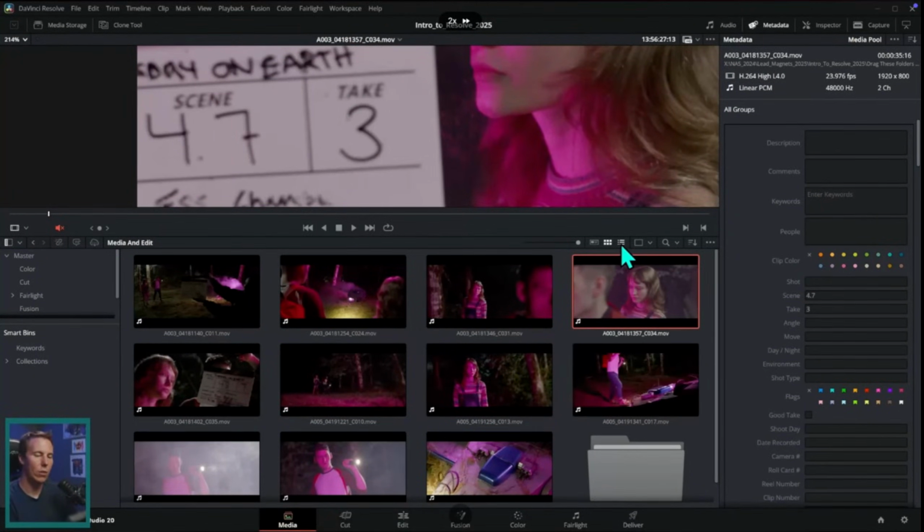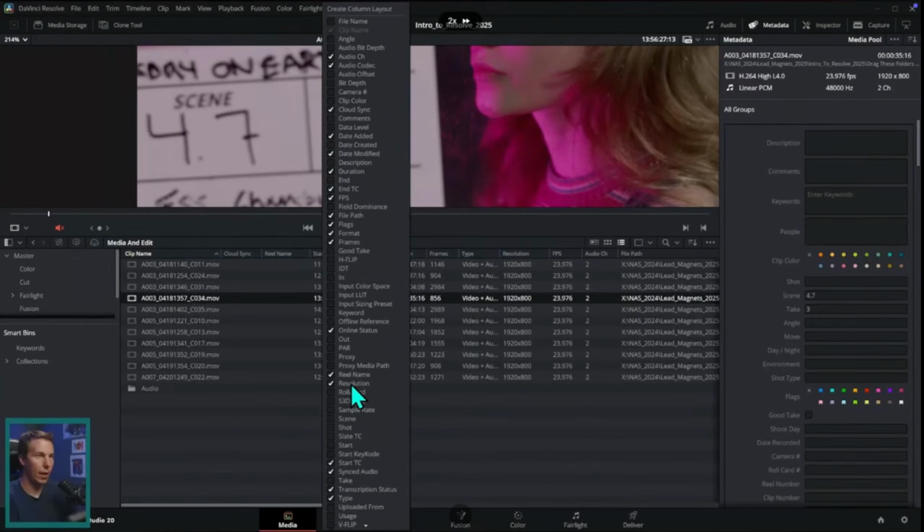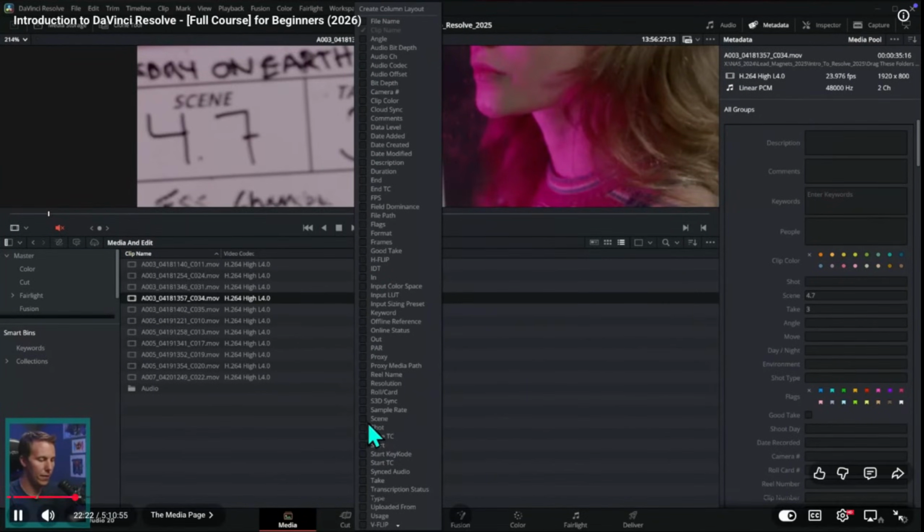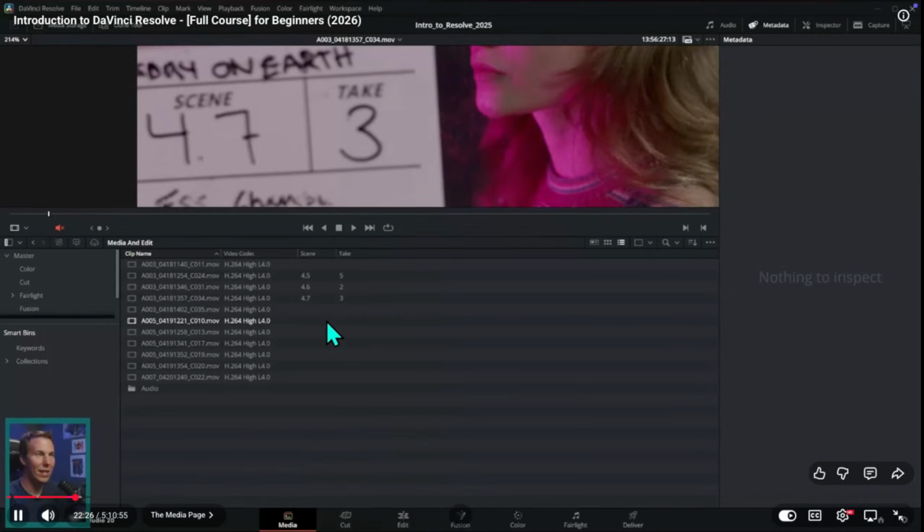What's neat about this is I can switch this to list view and I can right click up here in this header, and I can pick any kind of metadata that I want to show. In fact, I'll uncheck a bunch of this stuff because I don't care about most of it. Just uncheck all the stuff I don't care about, and then check the stuff I do care about. So for instance, scene, take. And then I can organize this by scene and take. And I can quickly